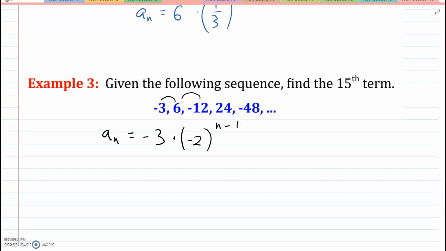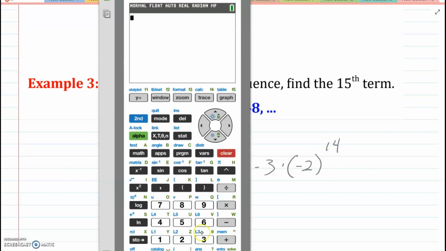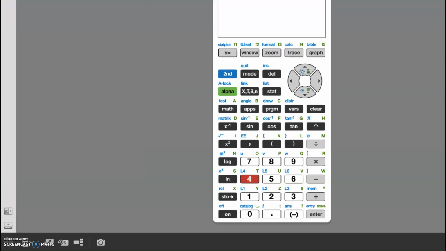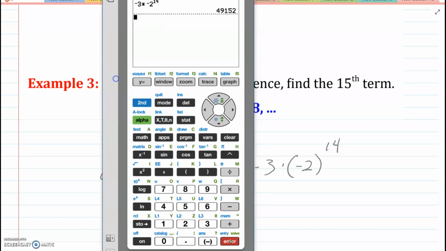Now you're asked to find the 15th term, so all I need to do is plug in 15 here. -3 times -2 to the 15 minus 1, which I am hoping is not incredibly difficult. And all we need to do is put that into the calculator. And my calculator is going to say -3 times -2 to the 14th power. Again, your display should look like that. And we now get to an answer of